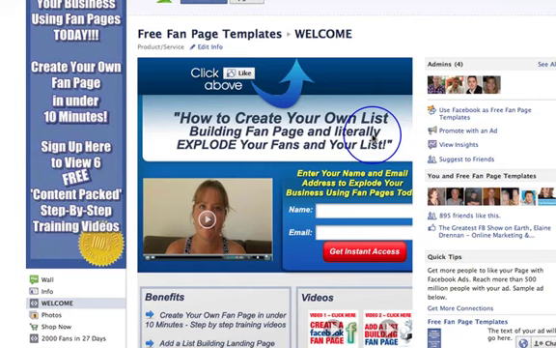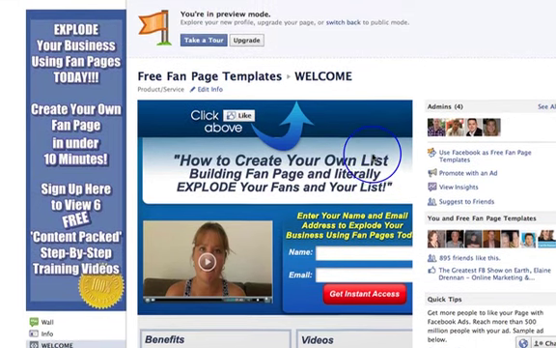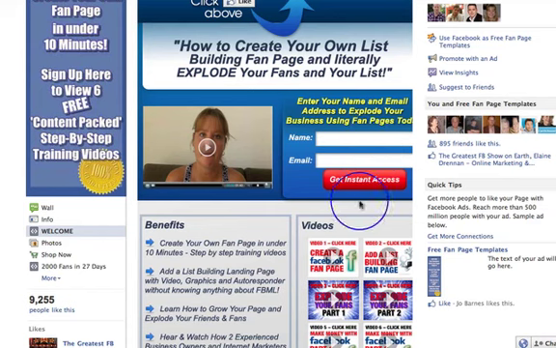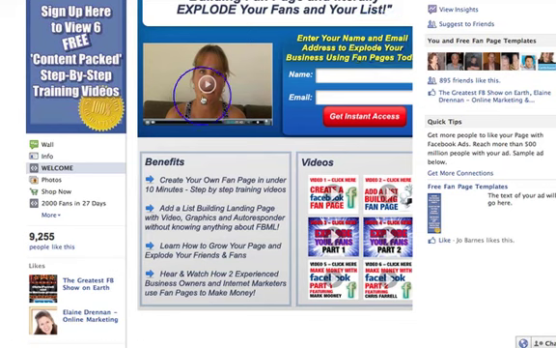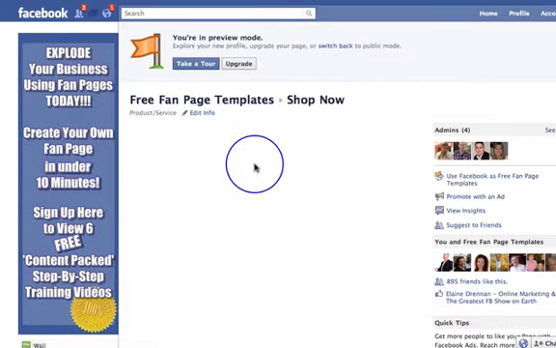But the jury's out on that at the moment because we're not sure whether it has actually changed or whether it's just a little bit of a bug and Facebook are playing with that. So I would just hold off on suddenly rushing in and amending all your pages for at least the next 24 to 48 hours while we find out whether this is a bug or whether that is actually changing permanently to 490 pixels. Okay, so basically there's all your tabs